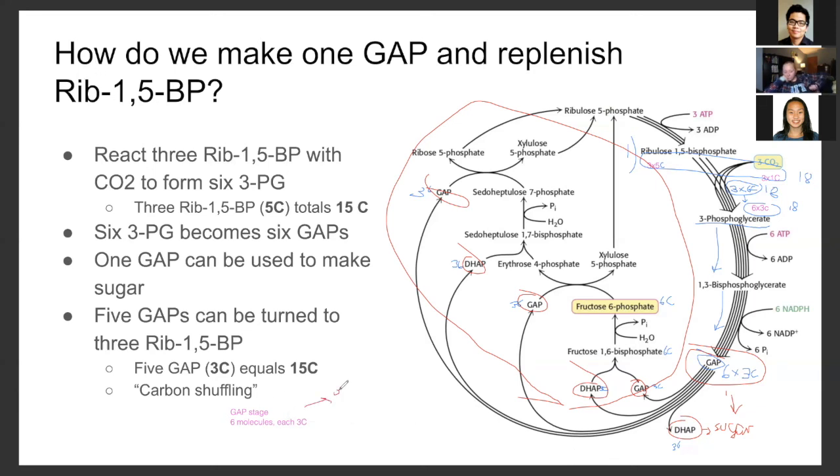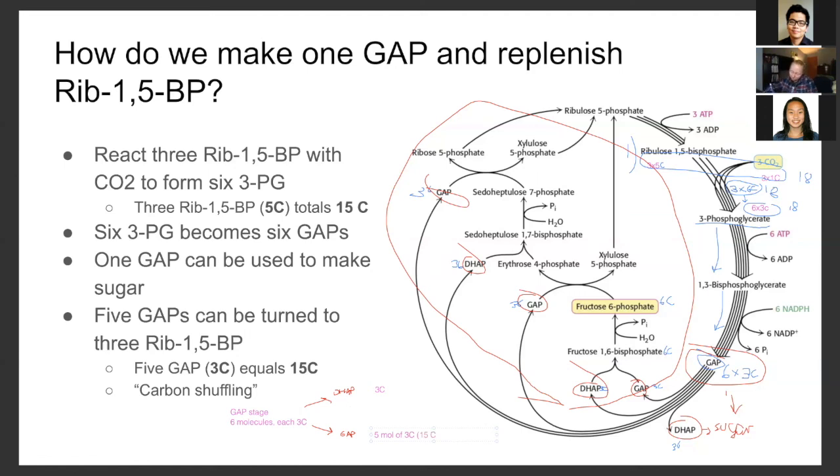So 1 disappears to be a DHAP. And then the rest are used up to reform the ribulose. And so this should be 3 carbons long. And now we have 5 molecules. Oops, 5 molecules. I'm just going to put 5 mole of 3 carbons, which hopefully you guys think of